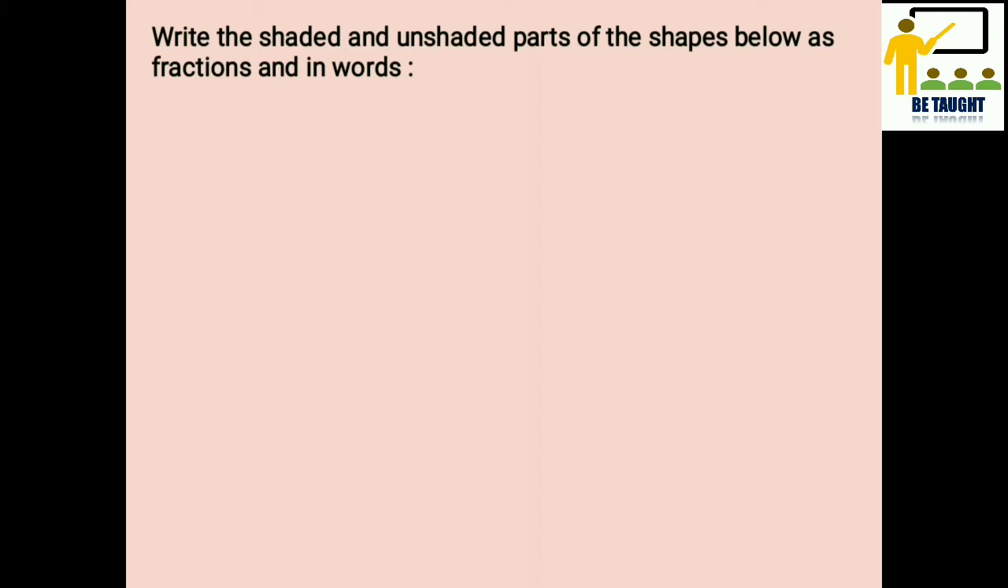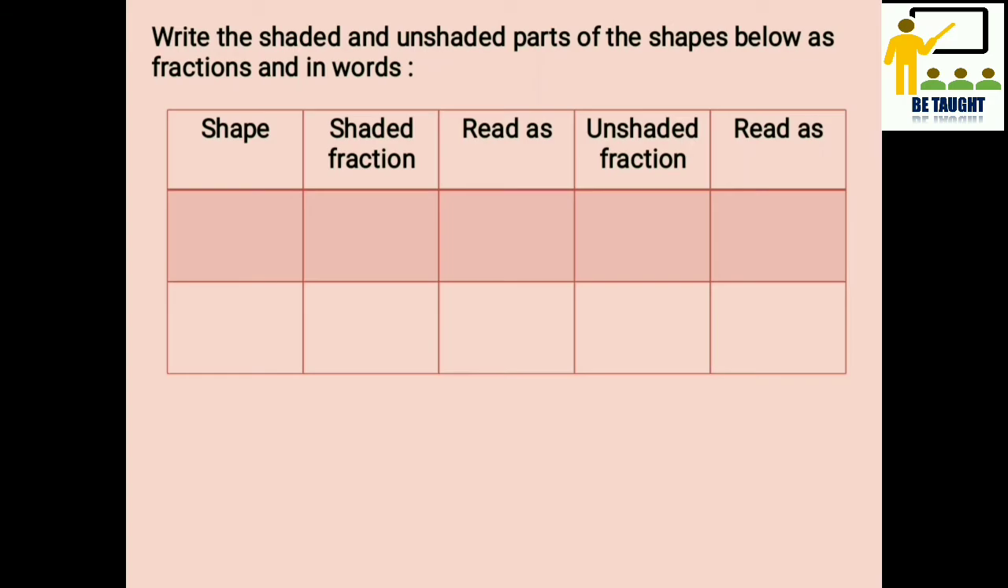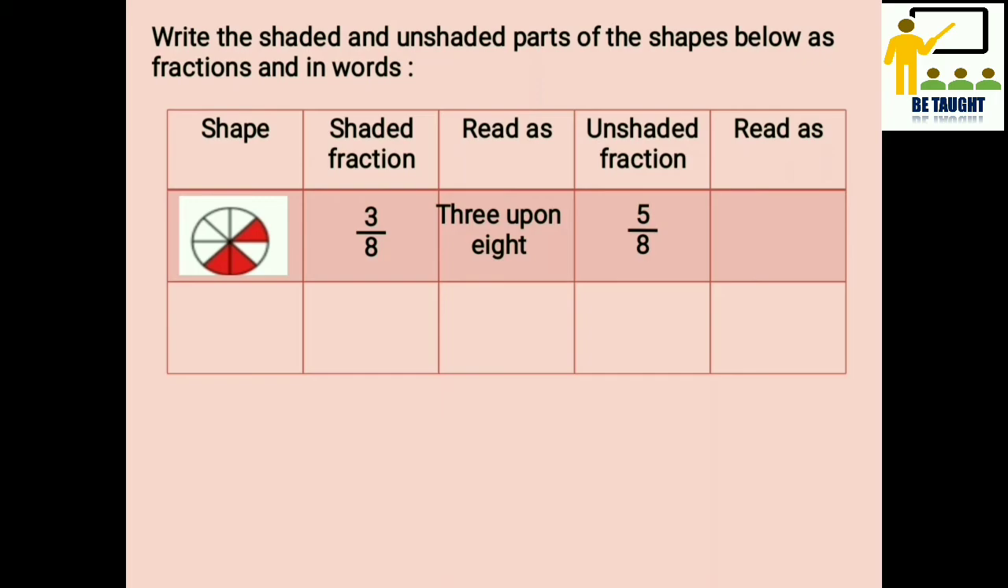Write the shaded and unshaded parts of the shapes below as fractions and in words. So we'll draw the column, and the first one is given to us. A circle is divided into 8 parts. So first we have to find out the shaded fraction of it. Whichever portion is colored, that many portions will be the shaded fraction. That is 3 upon 8. It will be read as 3 upon 8. Unshaded fraction will be the ones which are not colored. So it is 5 upon 8, and it will be read as